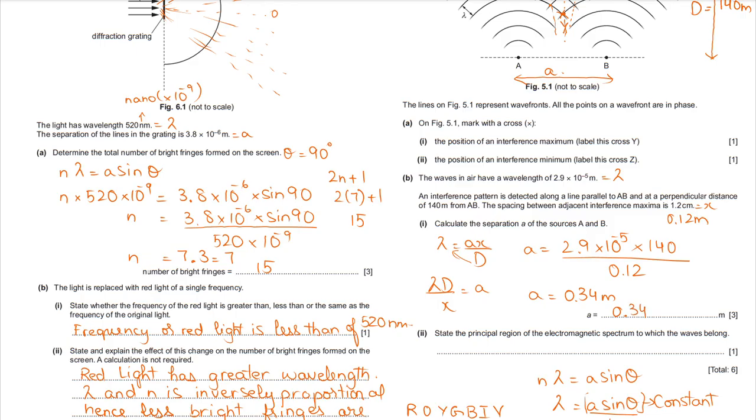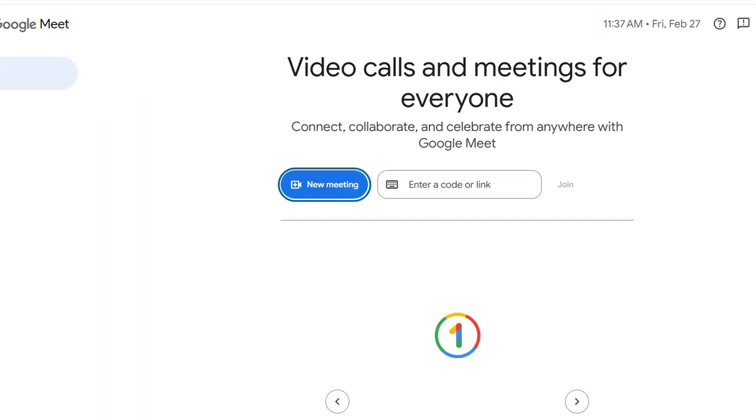I hope it's clear to everybody now. State the principal region of the electromagnetic spectrum to which the waves belong. So, what is the wavelength of the light? So, the wavelength of the light is 2.9 into 10 की power minus 5. ठीक है? So, this belongs to infrared waves. ठीक है? UV, IR. सो ये आपको जो मैंने रेंजेस बताई थी ना, वो आपको याद होनी चाहिए, ताकि अगर वो आपसे ये पूछ लेता है कि क्या हो रहा है यहाँ पे, this is how we are supposed to answer. ठीक है,